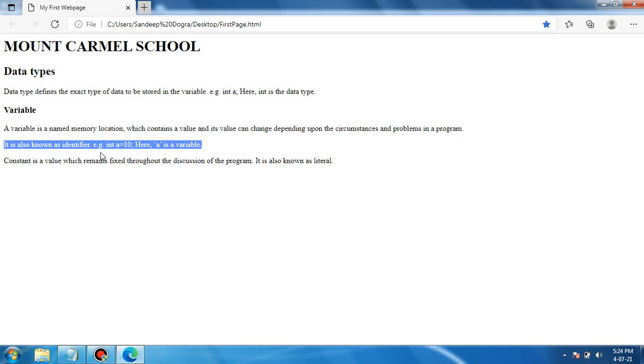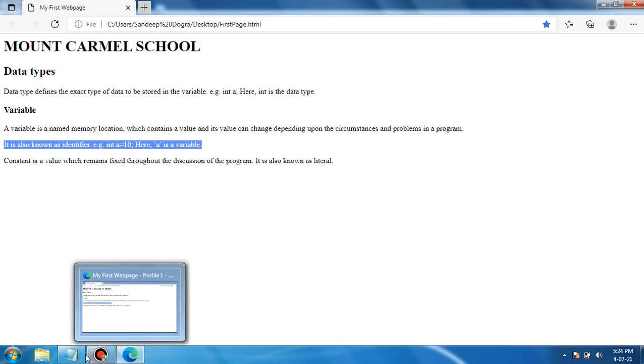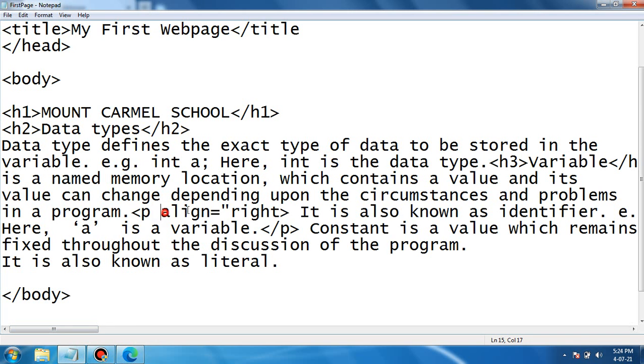Now we are going to align it to the right, so I type the value right and close the double quotes. Now this line will be positioned to the right side of the web page.